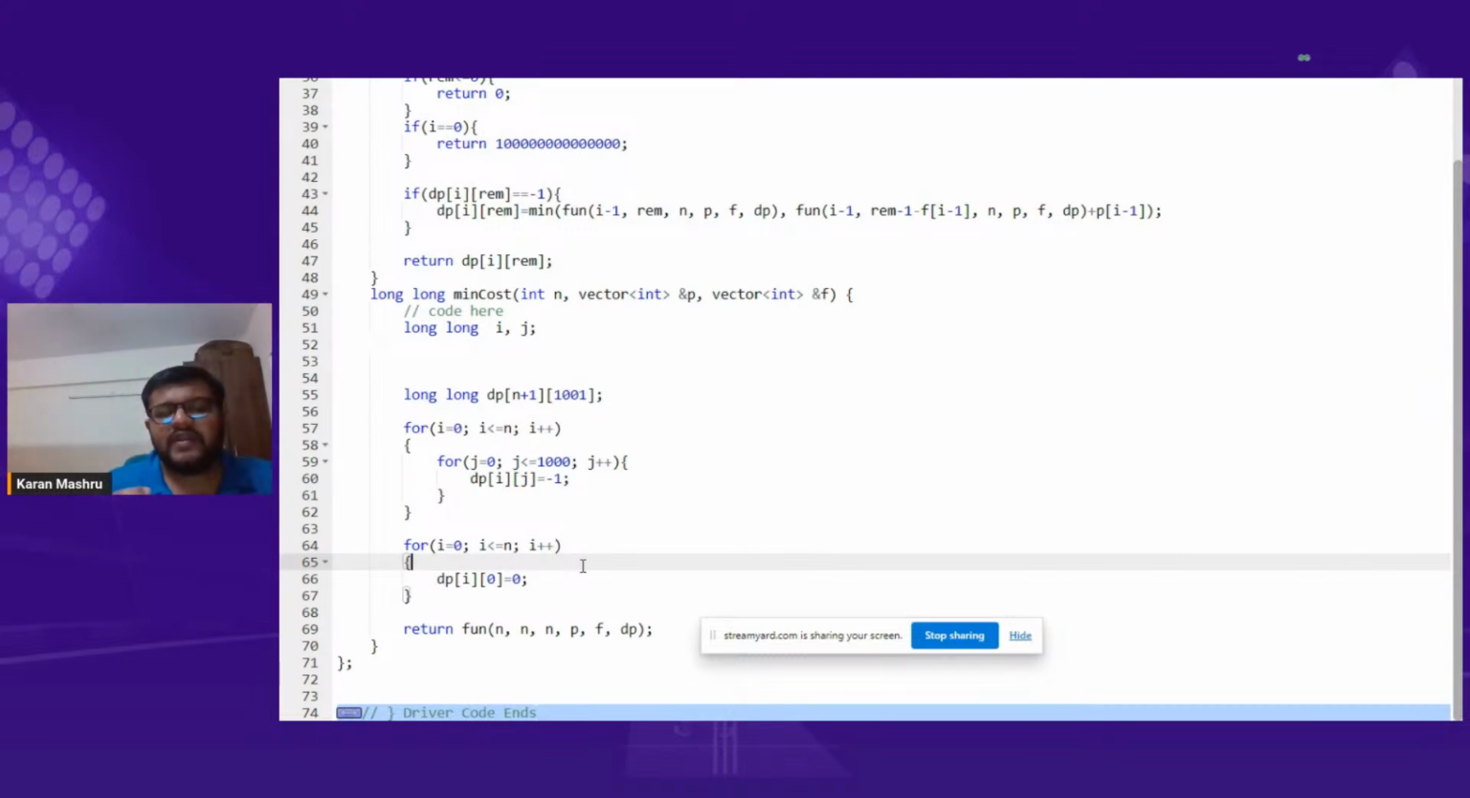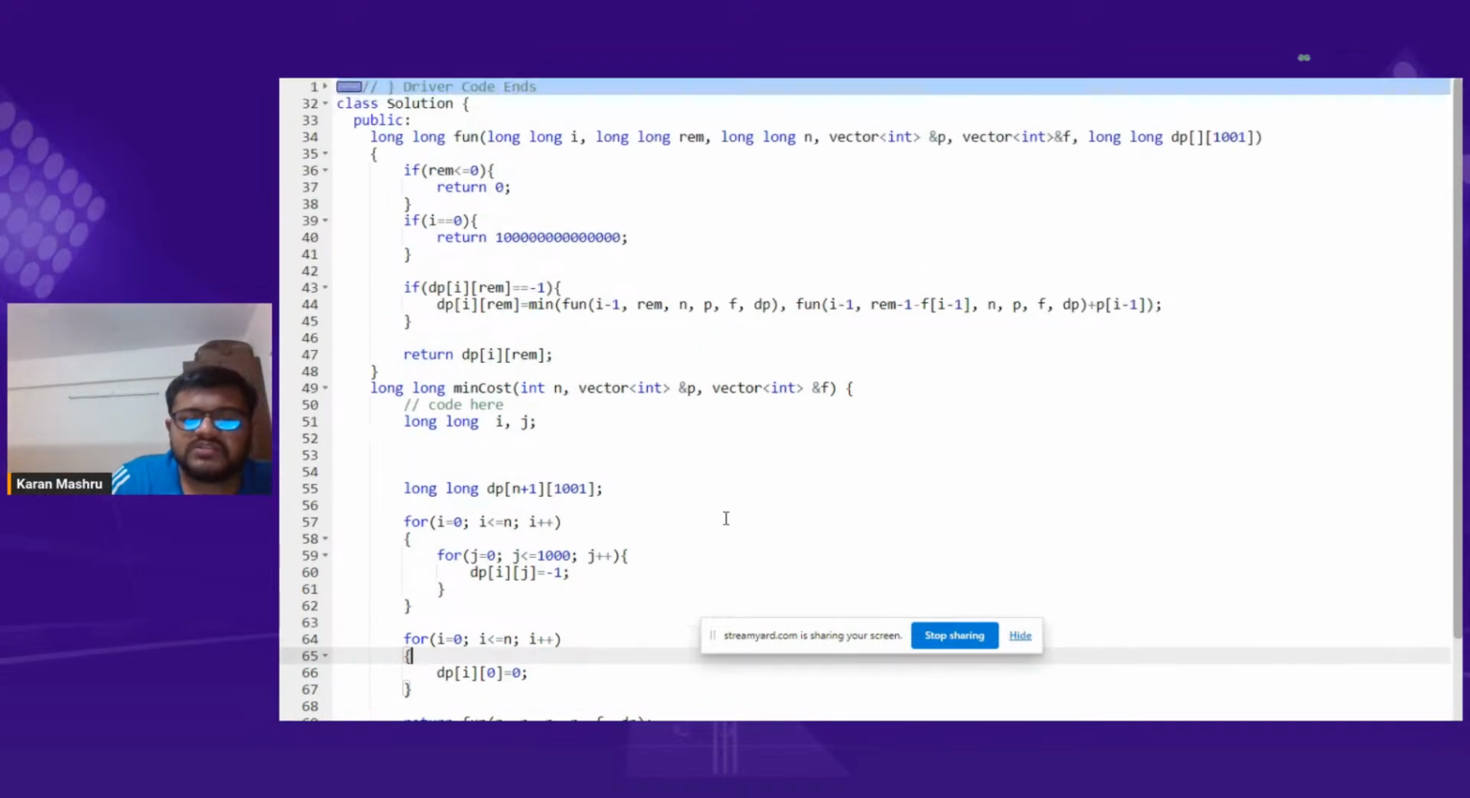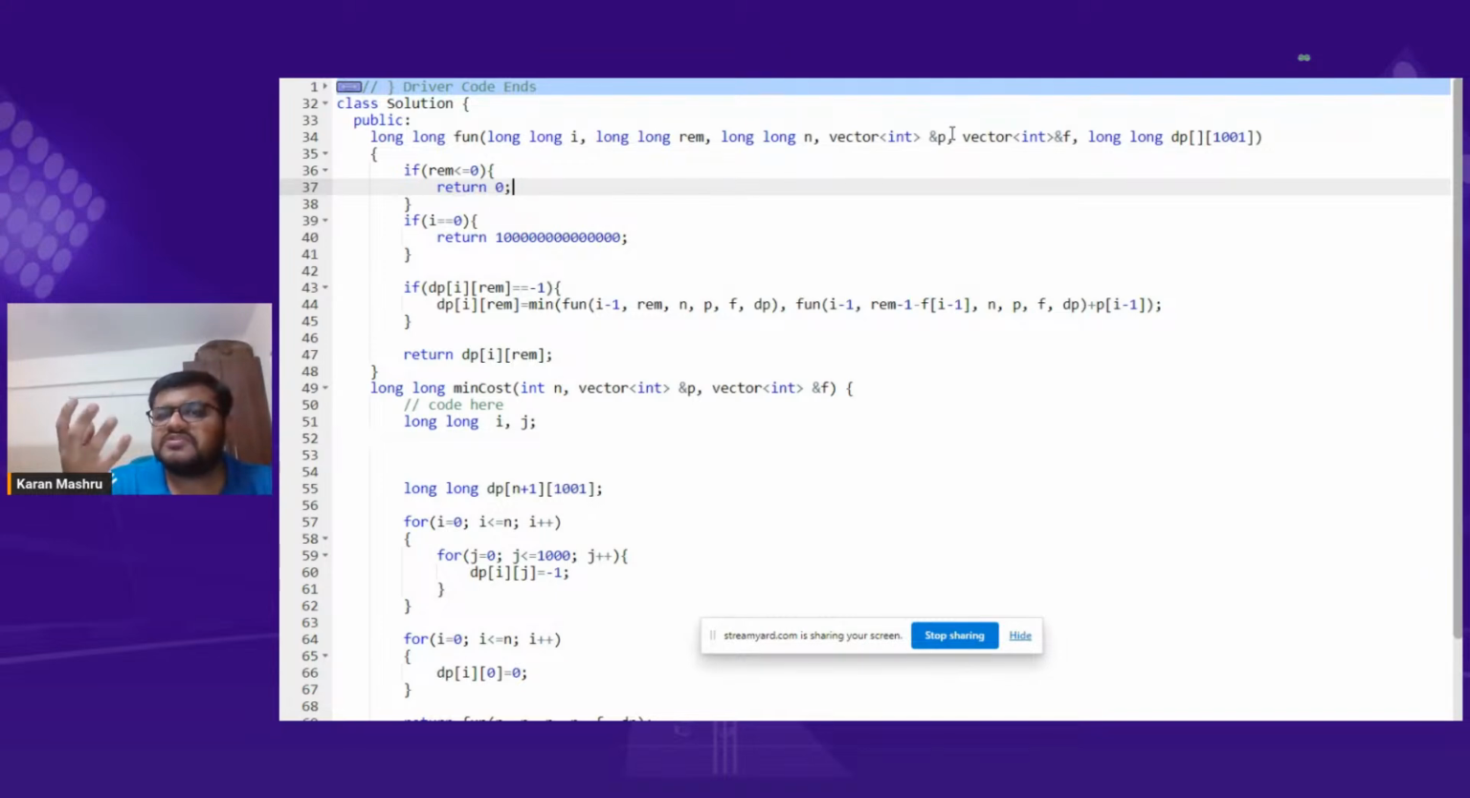And then I have finally written the function with n, p, f, and dp. So what does this denote? i denotes the current index at which I am looking at, whether to purchase it or not to purchase it. Remainder denotes the remaining number of elements which I need to get. n denotes the total number of items, p is the price vector, f is the free vector, and dp is the DP table. If remainder is less than equal to 0, I do not need to purchase anything,